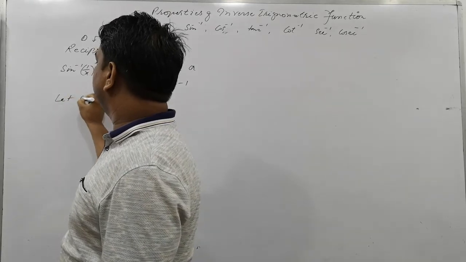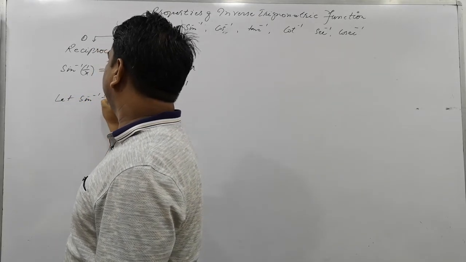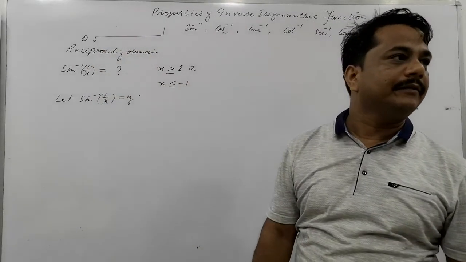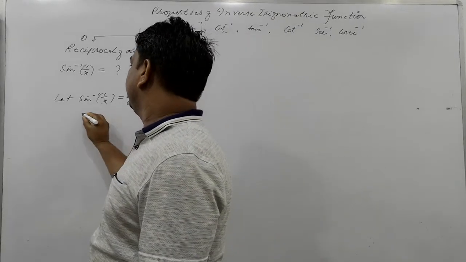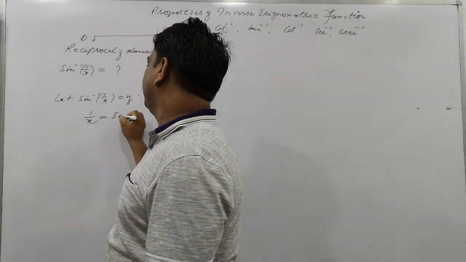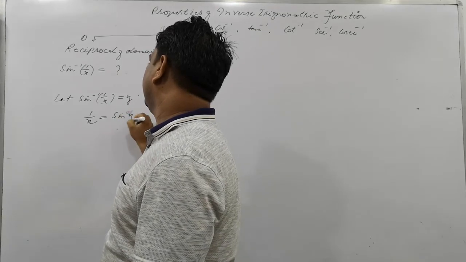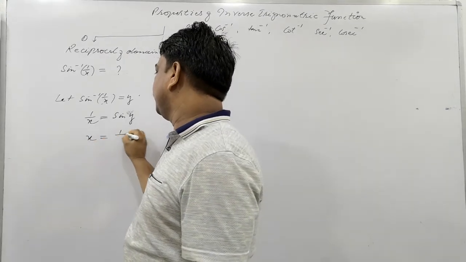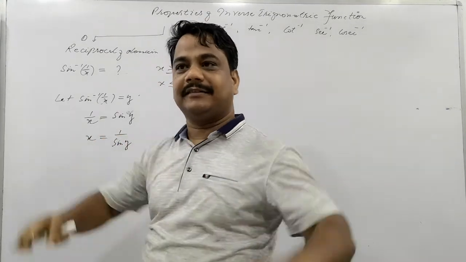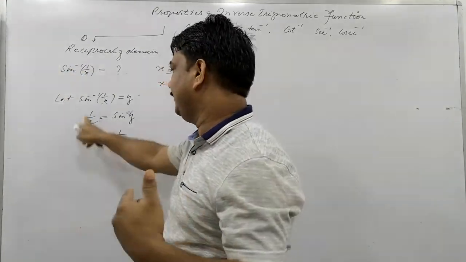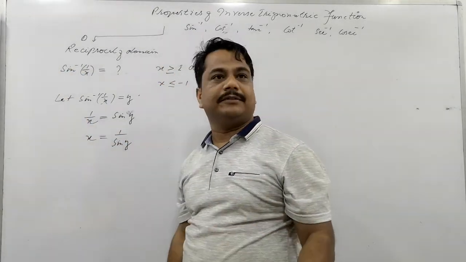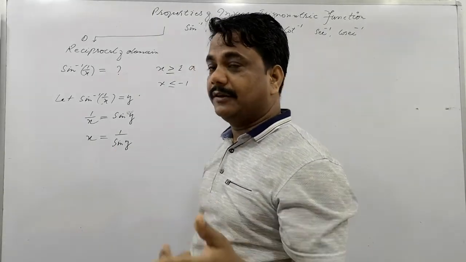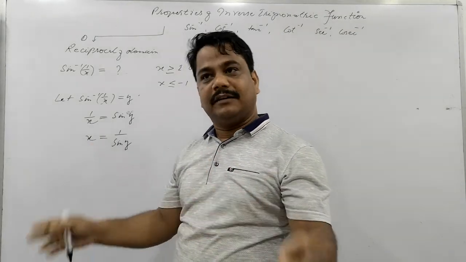Suppose sine inverse 1 by x is equal to y. We need to find out y. So 1 by x is equal to sine y. We have to find just x, so x is equal to 1 by sine y. Can we write this? The left inverts the ratio, the right inverts the ratio, the same operation, provided that this must not be 0. That is not true for 0, because if 0 occurs as the denominator, the function will not work.